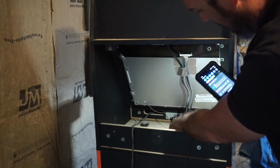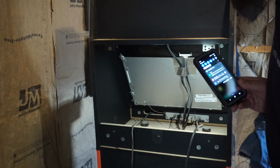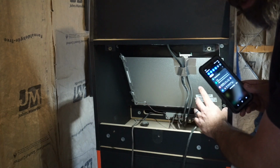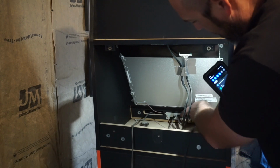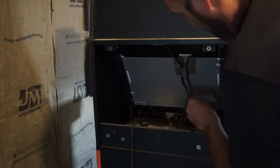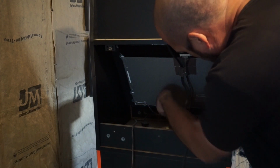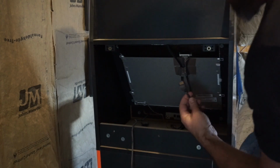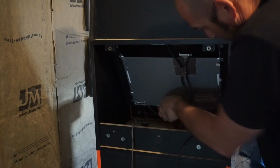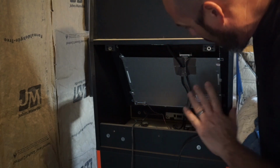I got to disconnect these cables so that I can move the actual control deck, or the motherboard. It's mounted under the control panel in an iiRcade, so we got to move that. So I have to disconnect all these cables, and then I'll reconnect them later. So let's do that. Turn off my flashlight. Pull that. Pull this. That's the video cable. Pull this. This is the HDMI that I have going so I can record for YouTube. And then I have to disconnect this. Alright, so all of those are now disconnected,